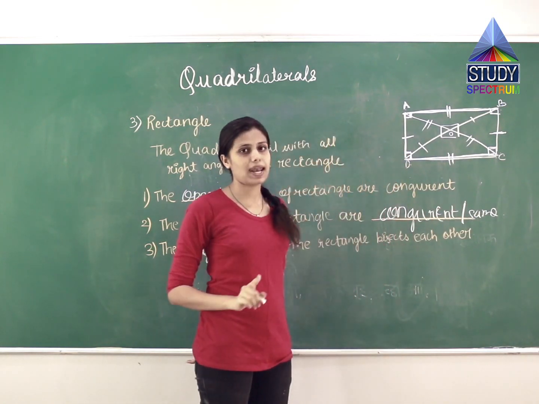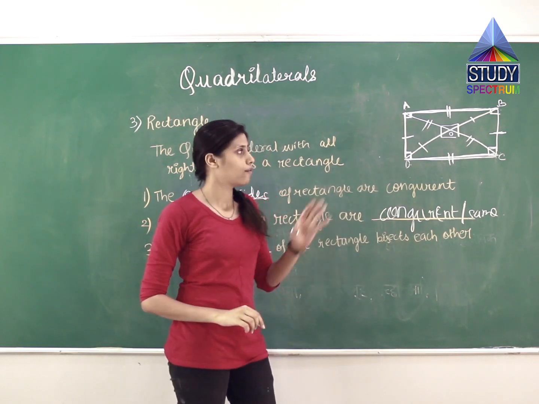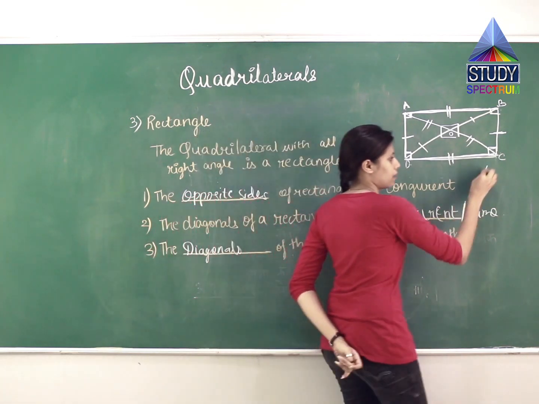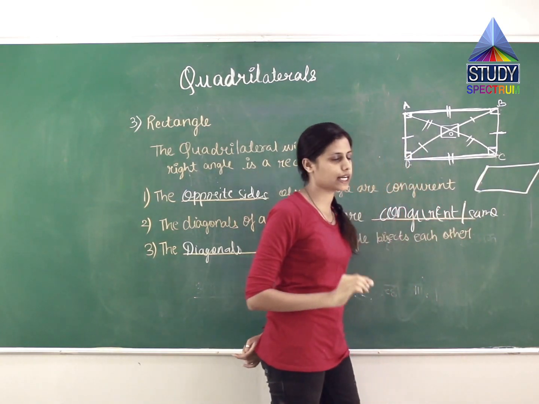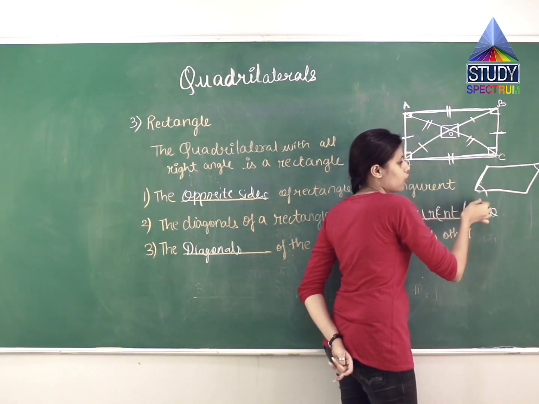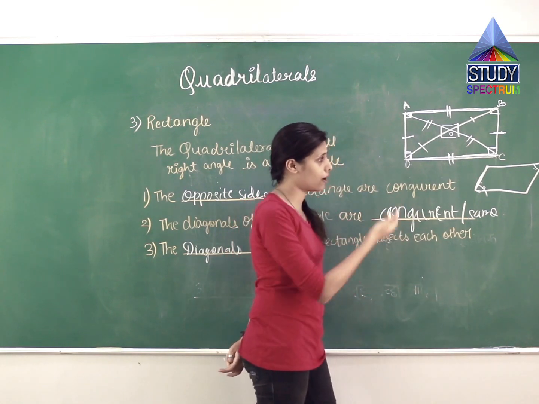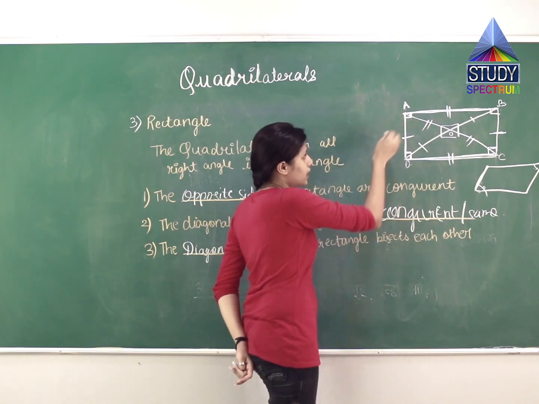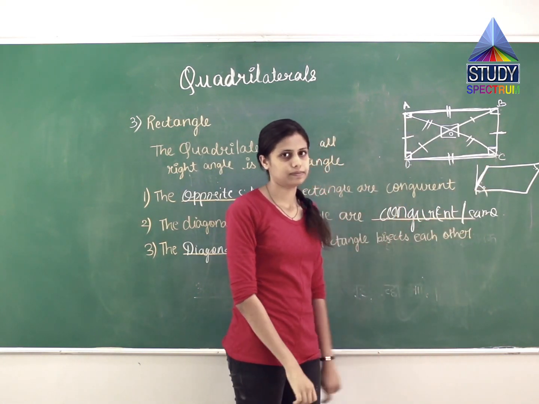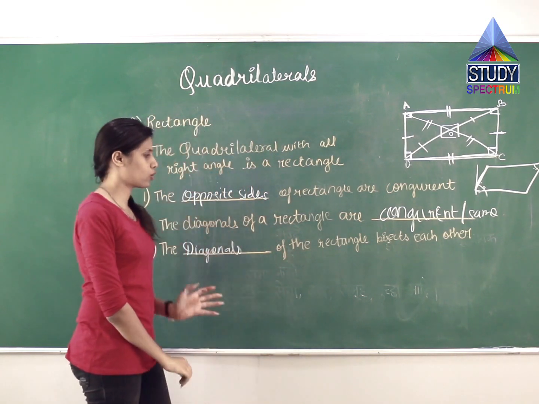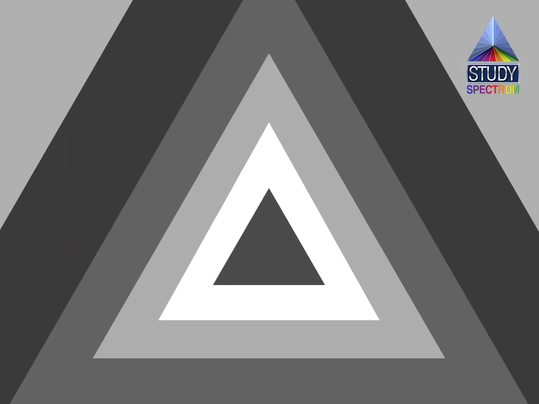It is similar to a parallelogram. Only the difference is over here. All angles are 90 degrees, whereas in a parallelogram the opposite angles are equal too, but the slant lines do not make them 90 degrees. It can't be 90 degrees, because if it is 90 degrees, the line appears to be straight like this, as in the case of a rectangle. So, clear with the third question, which is based on the third quadrilateral, the rectangle.